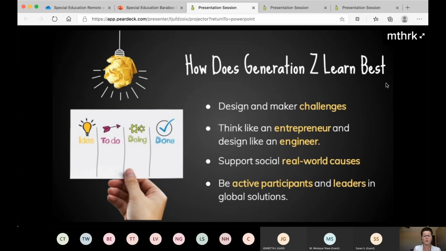We also need to support it with real world causes. They need to see themselves in the shoes of others to empathize, to appreciate, to build compassion, and see how they can help transform their world and contribute to be a solutionist in their learning. We also want them to be active participants, and we want them to be contributors of their futures, basically, to